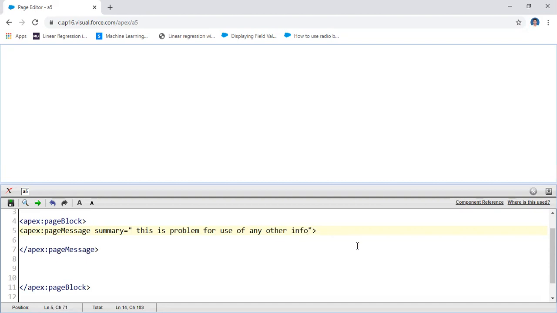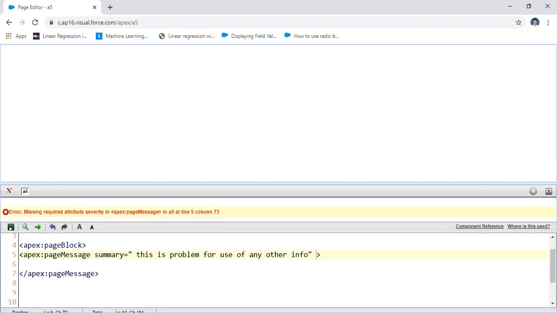I'm writing a simple message that comes here as summary. It shows like this. If you write the summary field here, the required attribute here is severity. You have to give the severity. What is the severity field in this case?